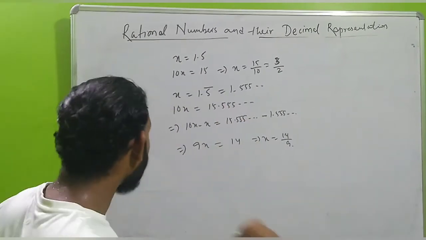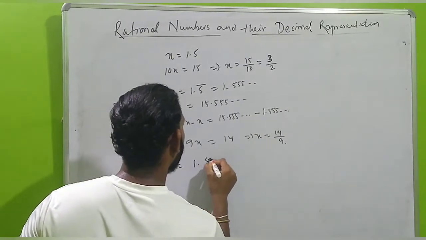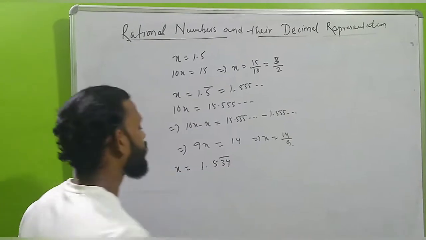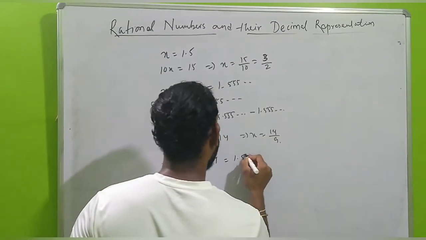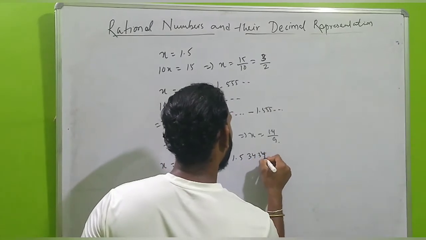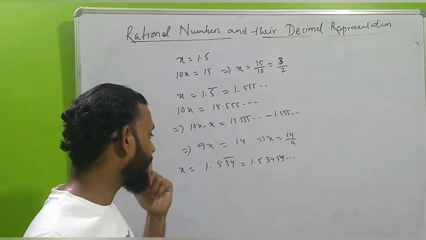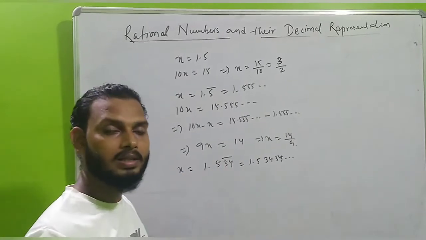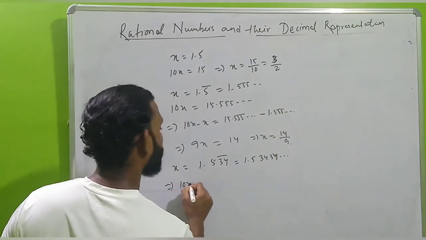Okay, so let us take another example, x equals 1.534, which means the bar 34 is repeating. That means I can say this equals 1.53434 and so on. So how will we write the corresponding fractional value for this x? I will use the same technique. So 10x equals